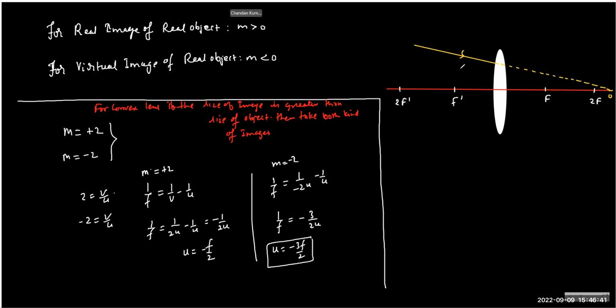So marginal rays actually bend more than paraxial rays. If this is the incident ray, you can see the object position is virtually on the right. And after refraction, because it is convex, it will bend more. So after refraction, it will come somewhere here. If I take another beam similar to the top,